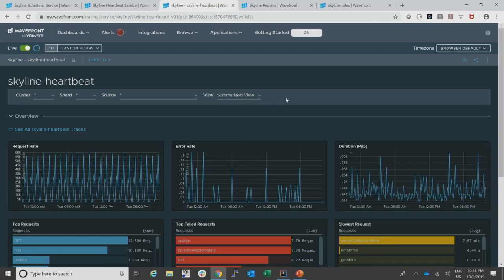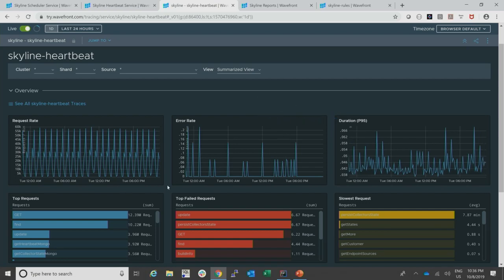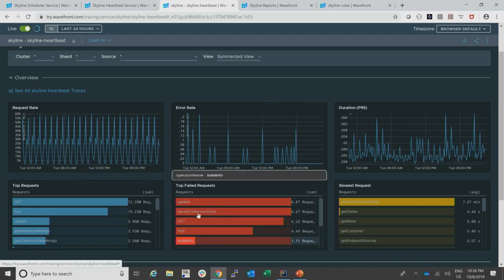So this is once again the same distributed trace view that Pontus presented, and this is the same service. You can see in the last 24 hours how many successful requests, 12 million requests for GET operations, et cetera, and a few exceptions. So something went bad.